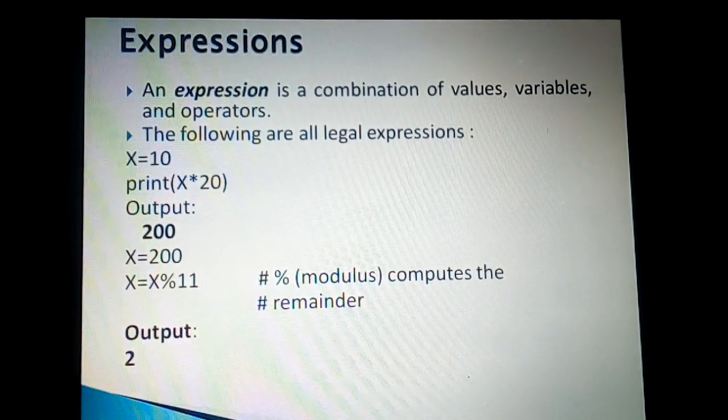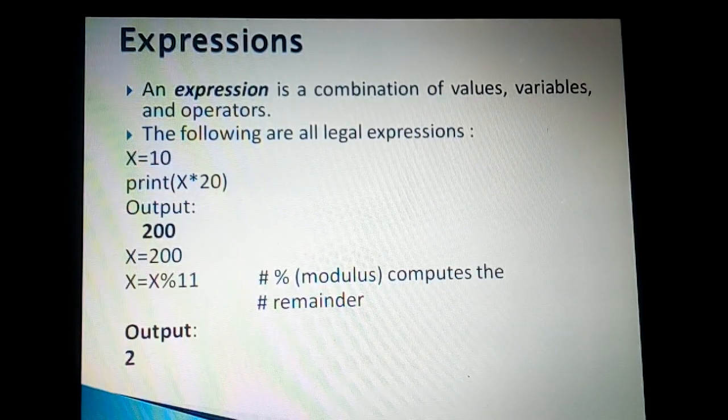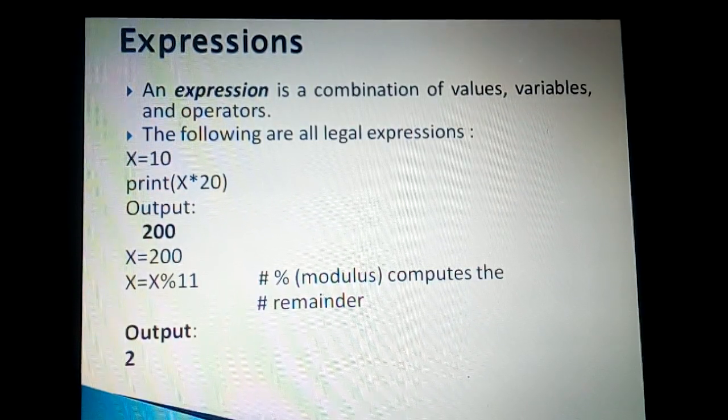The similar kind of set we have here, wherein as far as the arithmetic operators are concerned, we have plus, minus, division which is a slash, then asterisk for multiplication, and percentage for modulus, that is nothing but the remainder, also called the modulus operator.